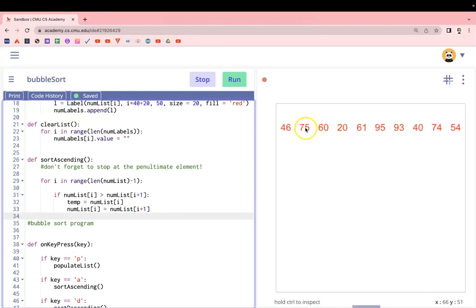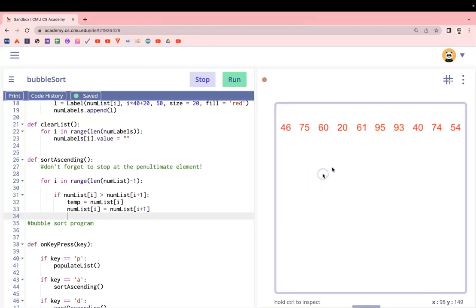Okay, so this would go here. In this situation, this isn't going to happen. Let's look for a situation where it will happen. So that we've got 95, and we're going to swap it with 93. So 93 gets stored in, 95 gets stored in temp. It's safe. 93 goes to 95, and temp goes to